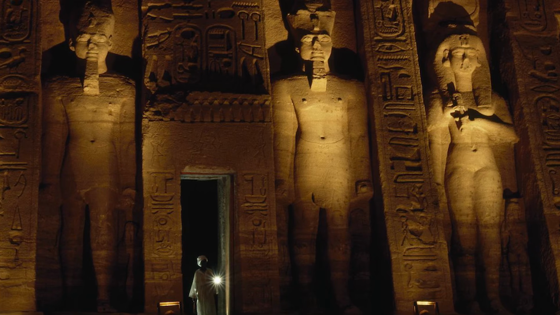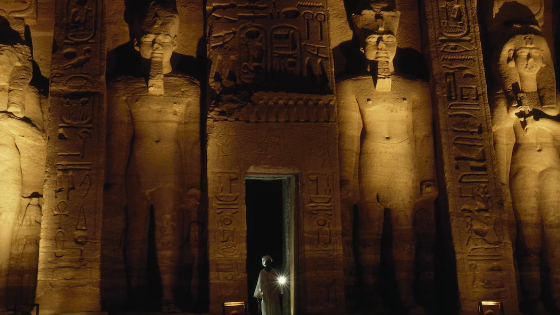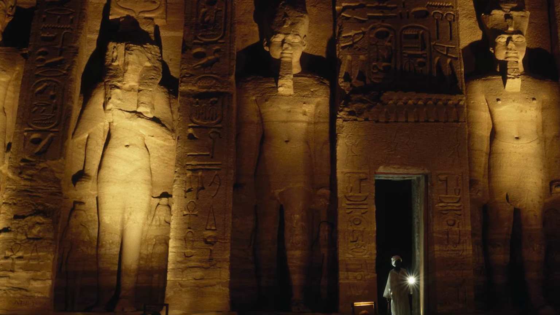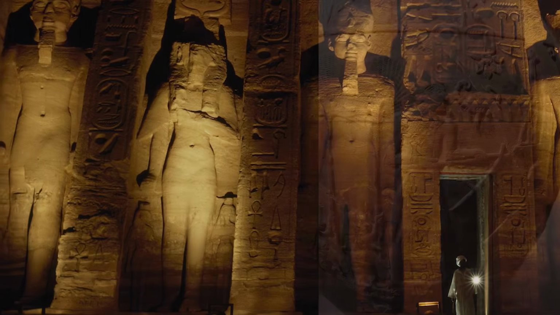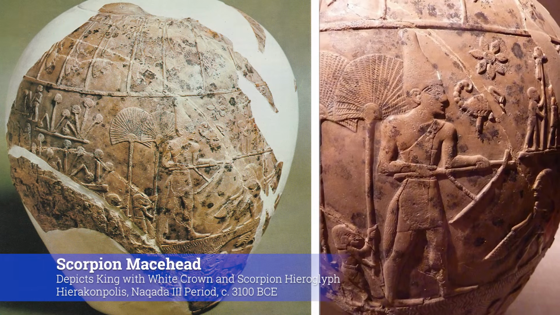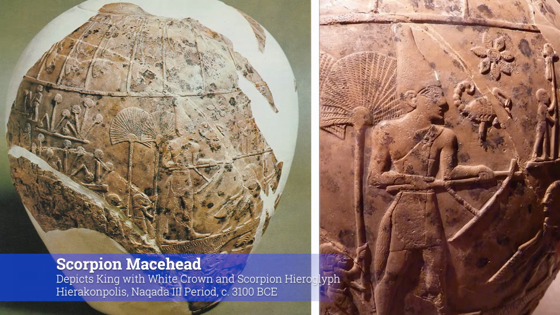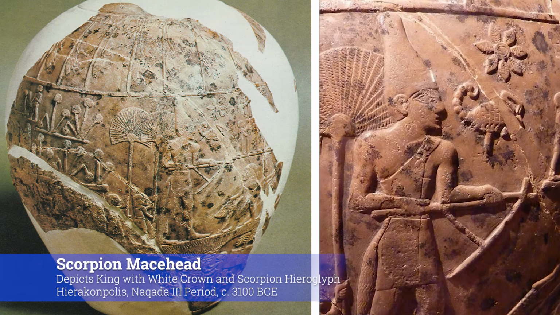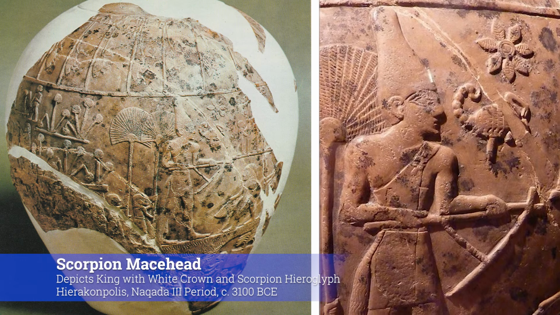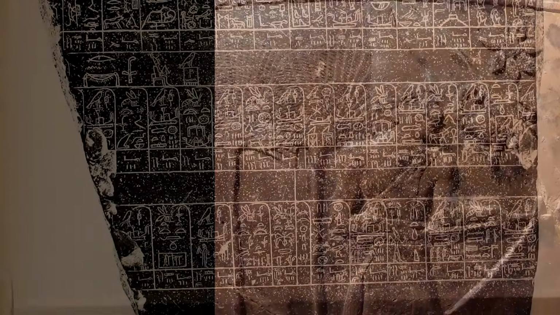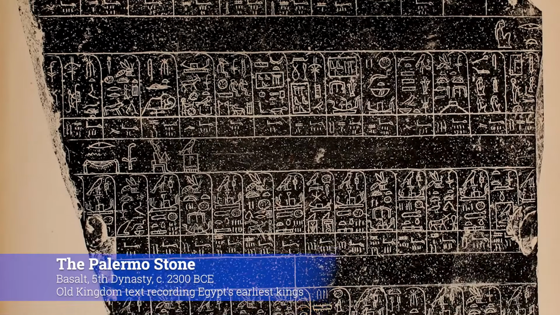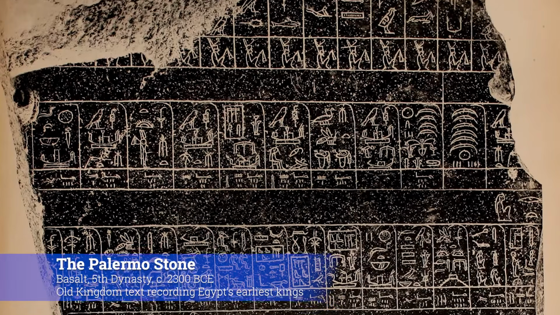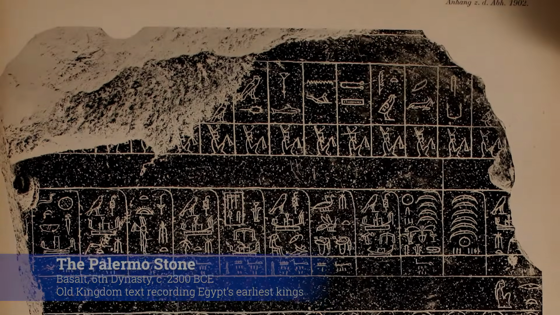In today's lecture, we're going to learn about the earliest pharaohs of Egypt. But in order to do that, we need to first understand where our information comes from. We've already seen archaeological remains, like the scorpion mace head, provide useful evidence for the rise of political and military power in the early days of Egypt. Starting with the pharaohs, however, we get new textual sources that help guide our way to understanding Egypt's earliest days.